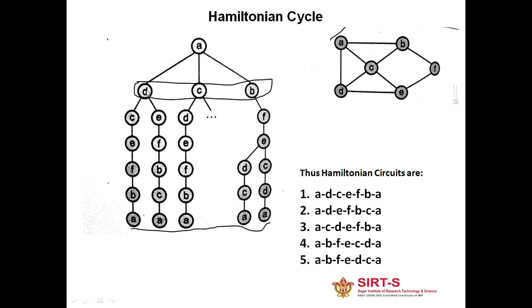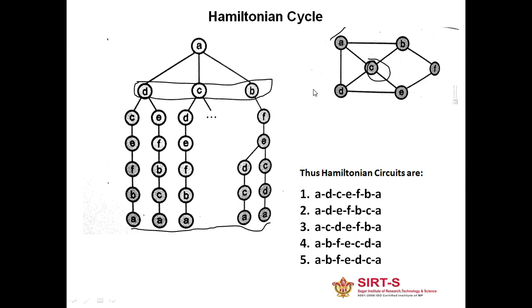Again, now see what the adjacent nodes of D are. Adjacent nodes of D are C, E and A. A is already traversed, so we are going to take care of C and E. So I have written C and E. Now again we are going to concentrate on this C itself, and we'll move with this process. So this is the approach which we are going to follow while making a state space tree diagram. Let's see a detailed example of that one.